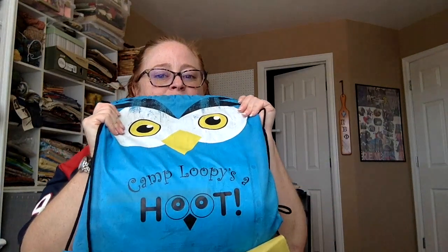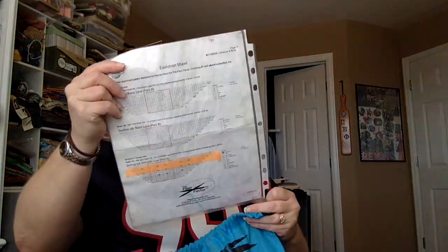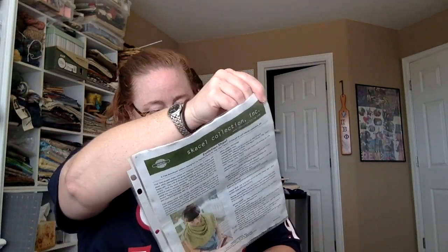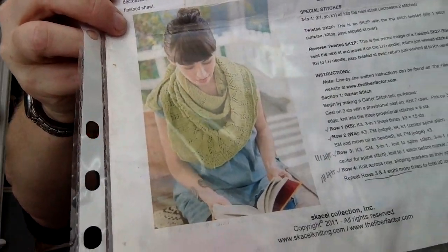Wow. So I pulled out a couple old WIPs. This is from Camp Loopy 5 years ago. This is the Evolution shawl. I think it's a free shawl, so I think I can show. Evolution shawl by Rachel Henry for the Fiber Factor. It is a pretty shawl, and the theory behind it is that it teaches you how to do a